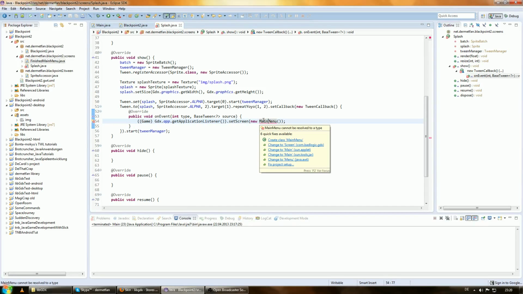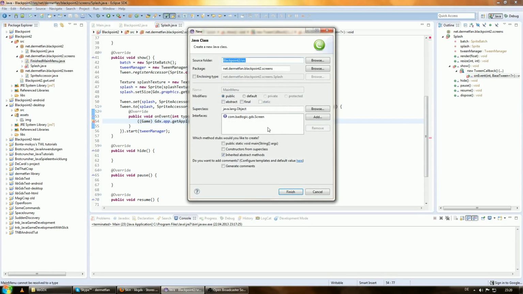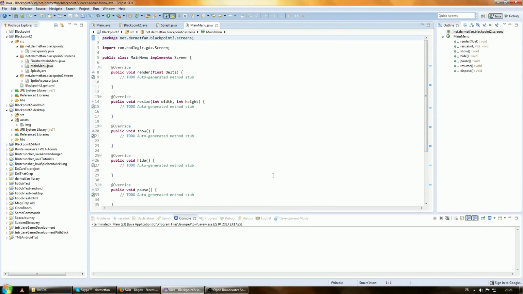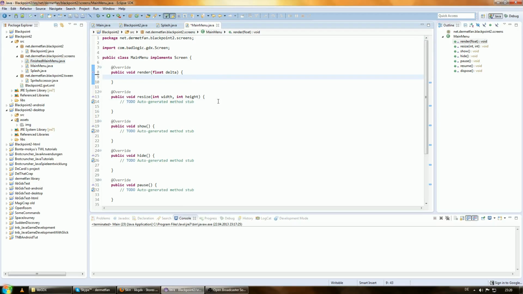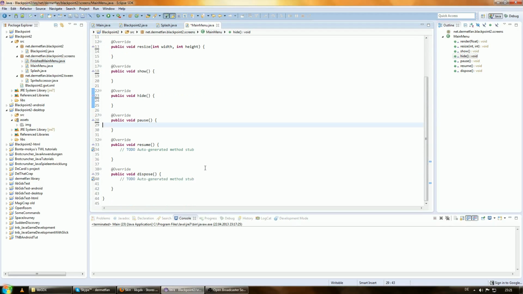So let's actually go ahead and create a class main menu, and it already does this for us, that we implement the screen interface. Finish, and yep, it's in here. You see I already did create this main menu, but that's just if I don't get along in the tutorial now, I can have a look there. So let's delete all these unnecessary comments,